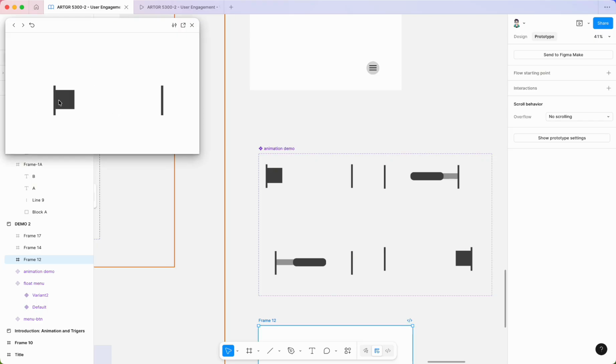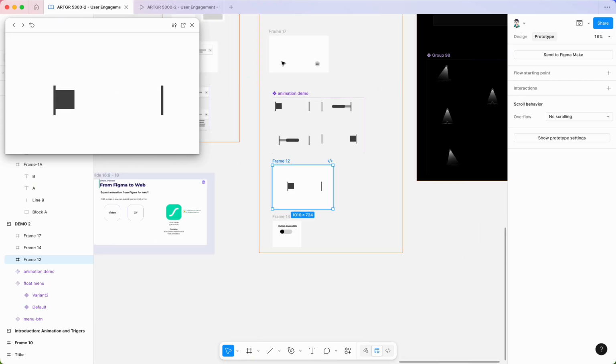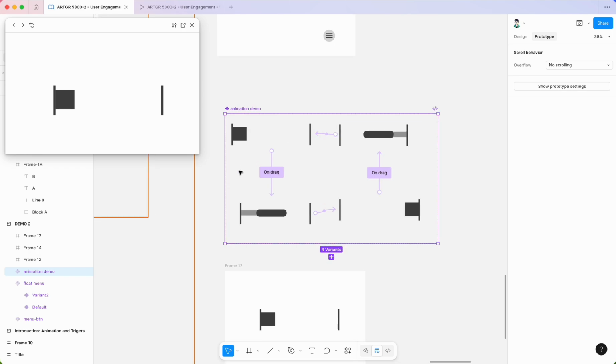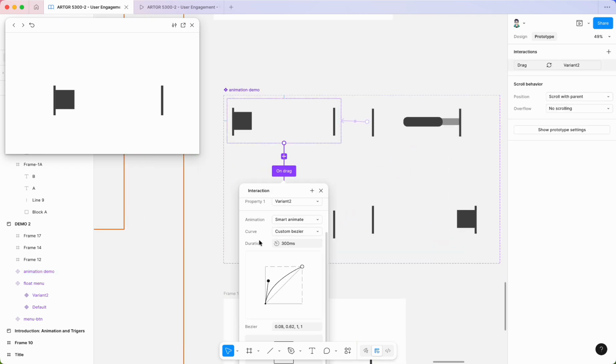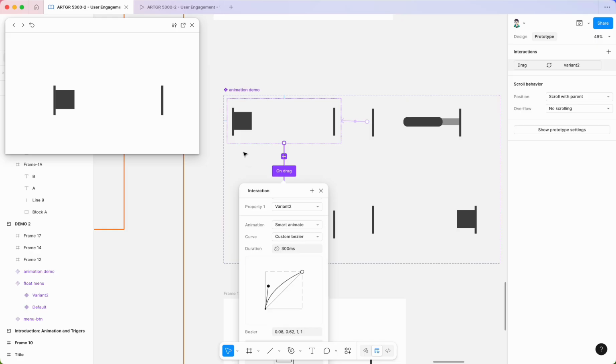And for this one, here's another one which uses drag as the trigger to interact. You can see there's a bouncy sticky effect between the two, and here is the component of it. Please double check how this is added. I use the custom bezier to deal with the speed change in smart animate during drag, and also the